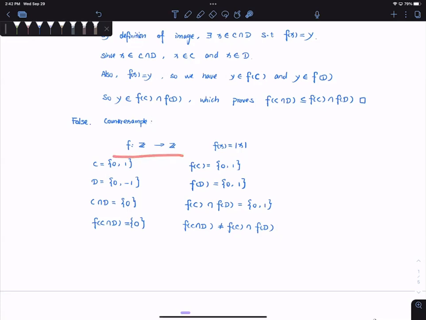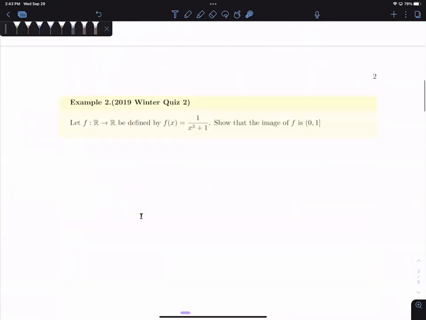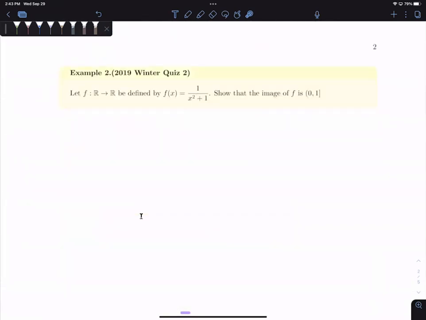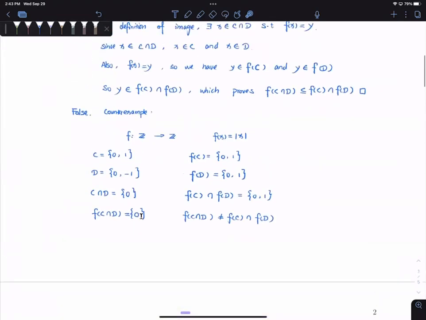Yeah, this is a domain, codomain. This is how I define my function. Why didn't you use R to R? It's still right. I can still use R to R. Doesn't matter. You can even use Q to Q if you want to. There is no special reason for me to use those. It's just a counterexample I came up with. There are many examples that work. For example, you can even change this to x squared and everything stays the same. See?